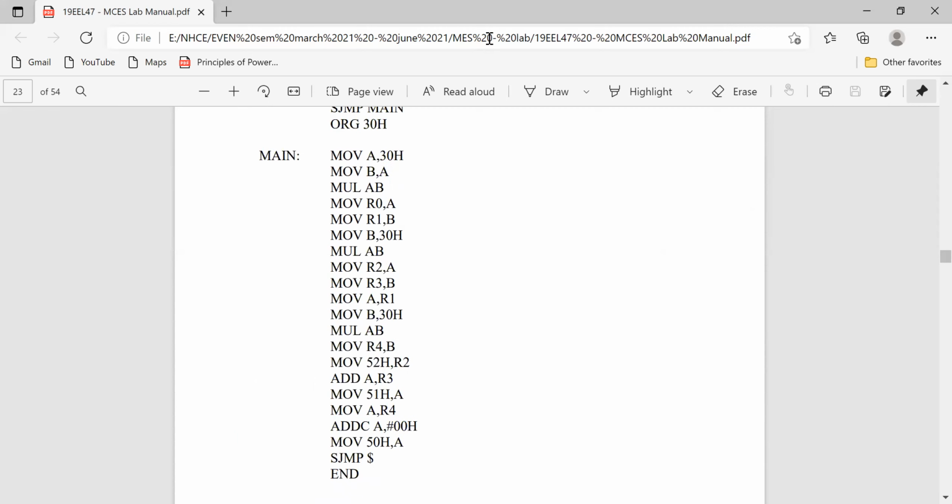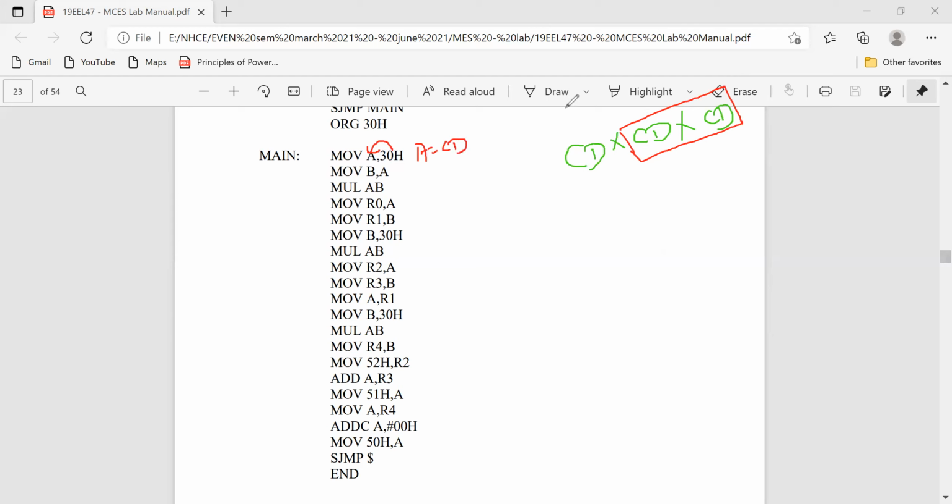Let us take CD into CD into CD. Keep this in mind. Now I'm going to take CD and multiply it with the same CD. Let us take this CD in the location 30H. Now the accumulator has that CD.